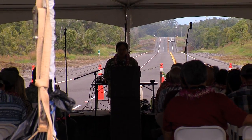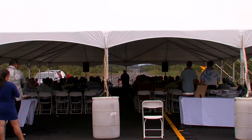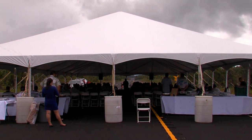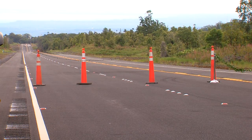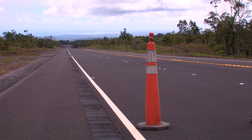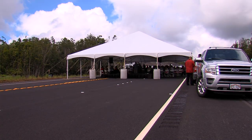Ford said it's such a beautiful day. It's such a spectacular view to see the highway we are about to dedicate. Much of the reconstructed highway was built on the old Saddle Road. The effort to produce a modern highway is a prime example of government and the community working together to accomplish